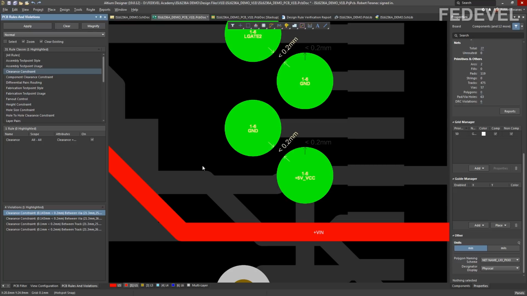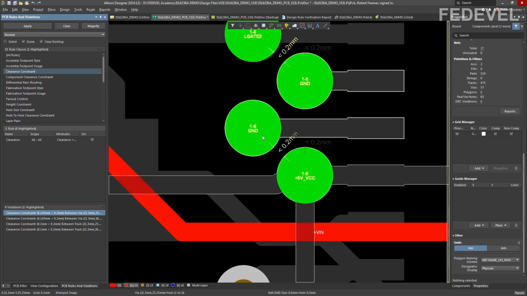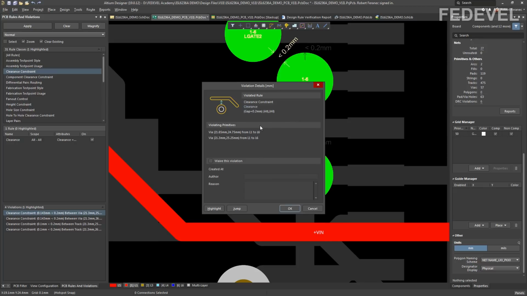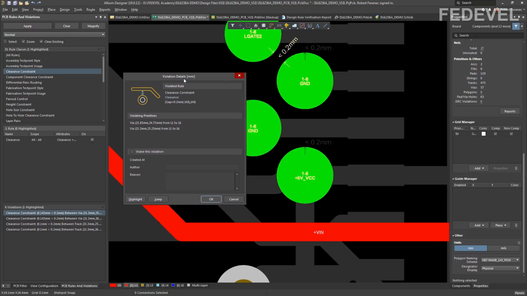Can you see what the problem is? These two vias are placed too close to each other. Sometimes the violations or the errors are not so visible. So sometimes you may want to hover cursor over this violation and read the full description of the problem, okay? Or double click and read where exactly the violations are located. Check this position and check the layers where the violation is happening, because sometimes you may need to enable the layers here. They may not be visible, okay?